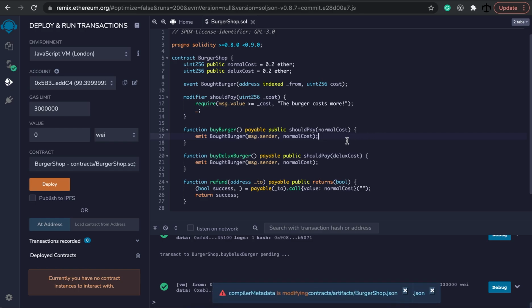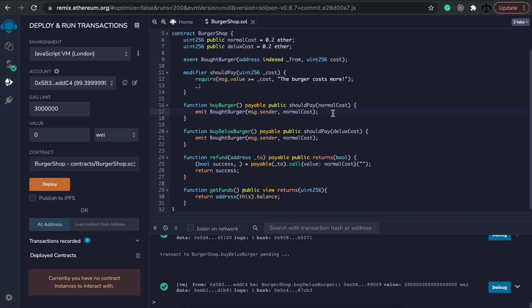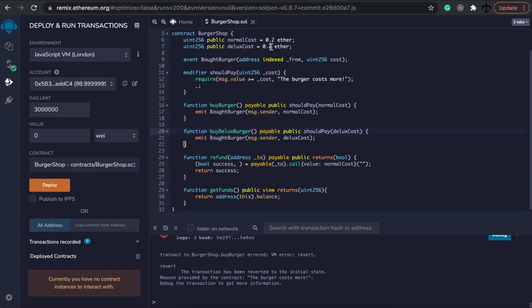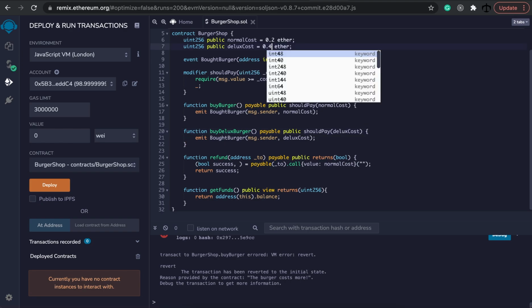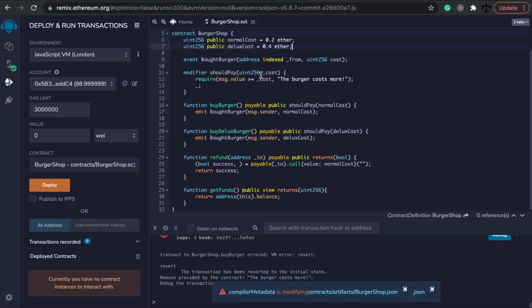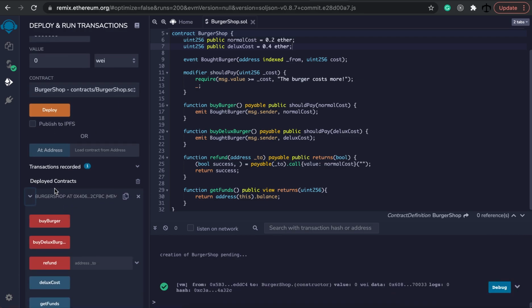If we now go ahead and test, this should all work as it was working before. Let's go ahead and test this out. Although we also need to update the normal cost over here for the emitter to the deluxe. And we need to remember to update the deluxe cost. Maybe we'll make it double. Now that we have this, we can go ahead and deploy our smart contract again and try and buy a